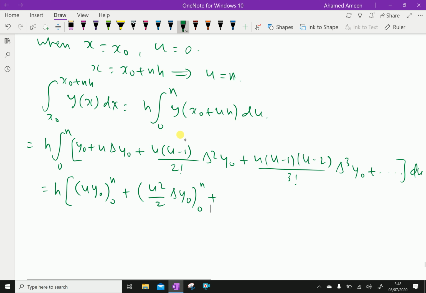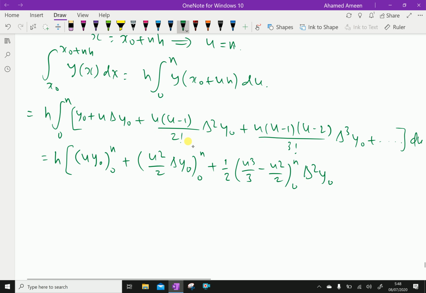Taking half out, the integration of u squared is u cube by 3, and of u it is u squared by 2, from 0 to n, delta squared y0, then plus